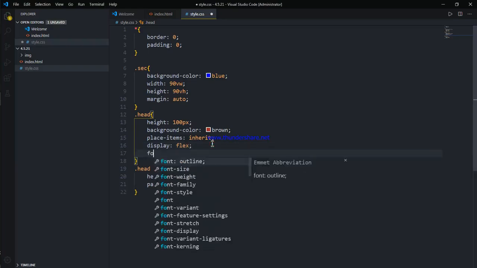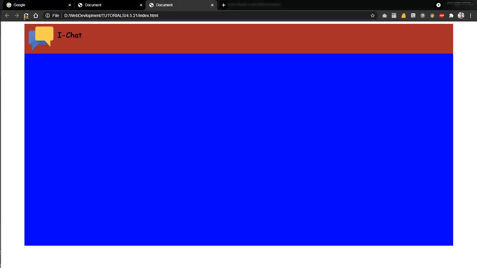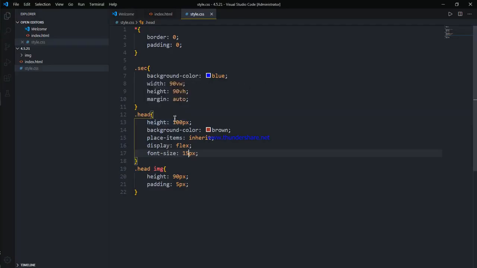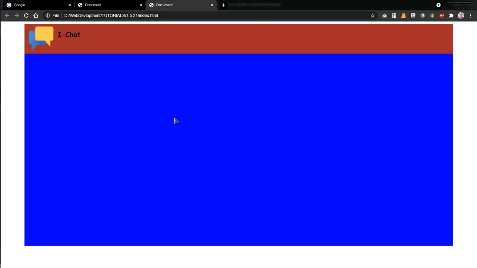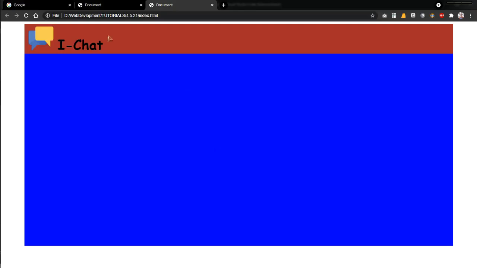We can increase the font size like 15 pixels. Oh, that's too less. 30 or 25.